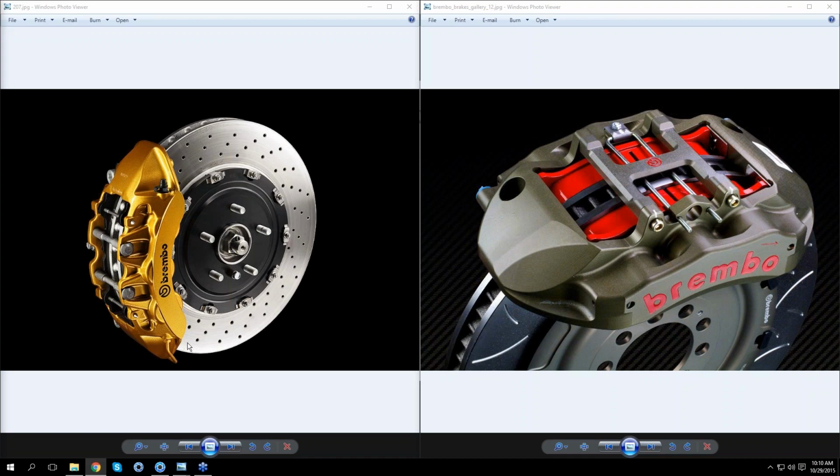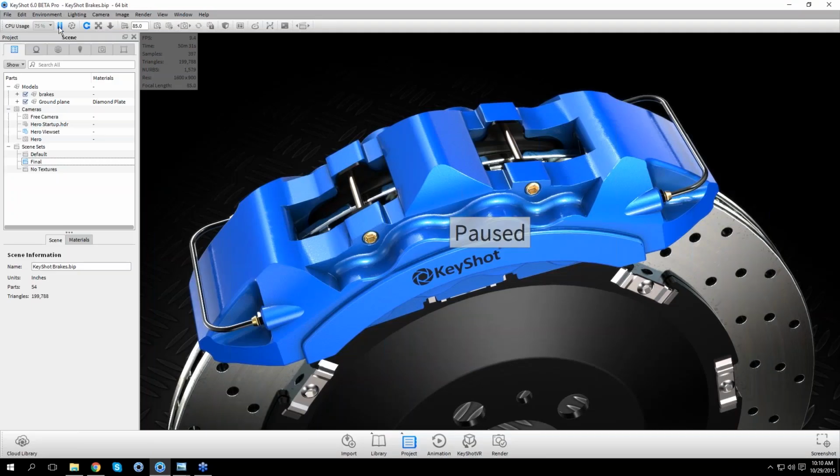Okay, so after taking a look at some examples, I jumped into KeyShot. Just so you guys know, I'm using KeyShot 6 Beta, and this is the Pro version. So I'll try and point out some of the features I use that are Pro only, what is only in KeyShot 6, and basically, like I said, there are what I think are 5 main components of a